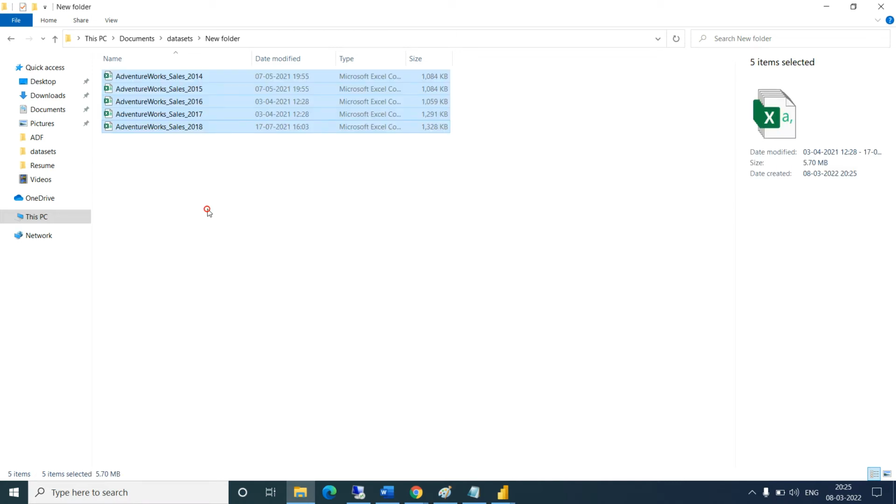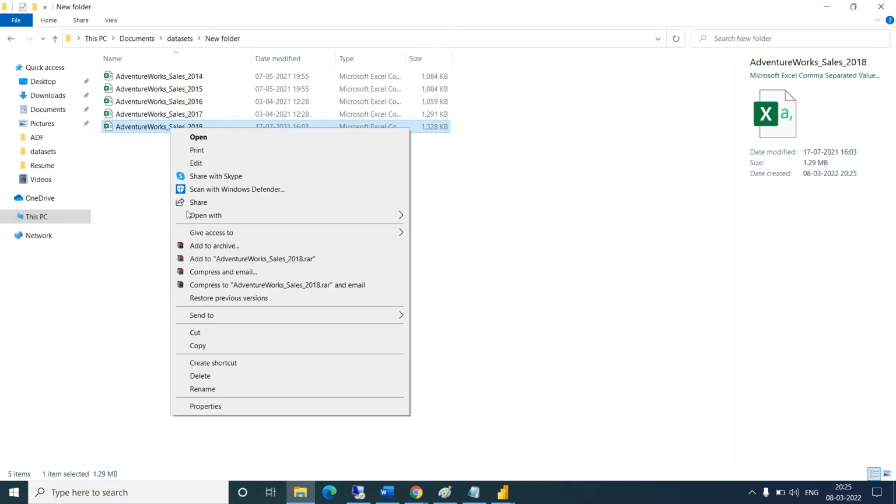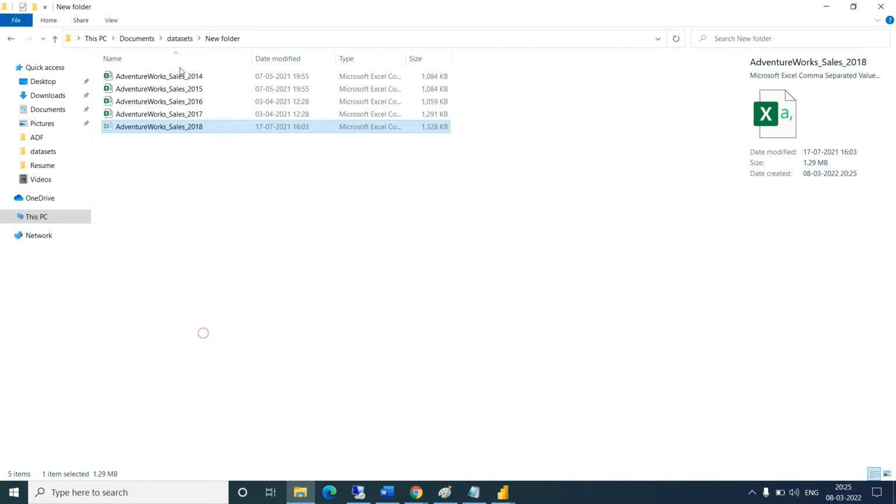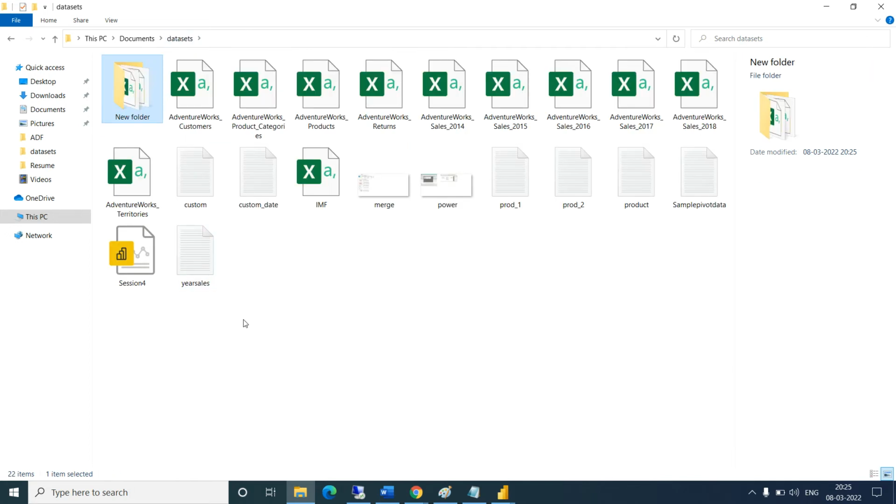I want to do the union of all the files at a time, without going to the option and doing the merging and appending. I don't want to do that. It should take the files automatically, even if a new file comes. For just now I am taking out one file, so later we will add it back, cut and paste.